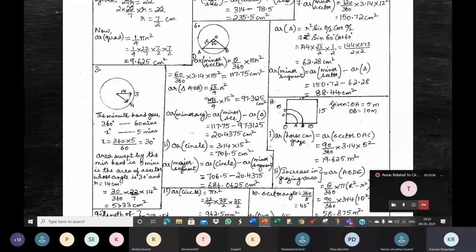How do you understand a segment in a circle? How does a segment look like? Region bounded by a chord and an arc. Yeah, it's a region bounded by a chord and an arc. All right, children, please have clarity on that. Can we proceed, children? Are we ready to go to the 7th one?